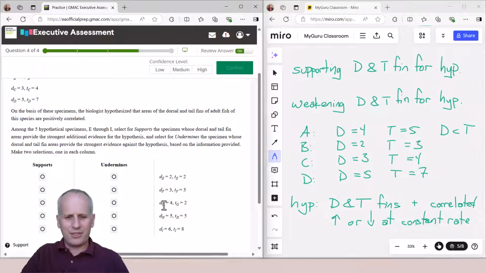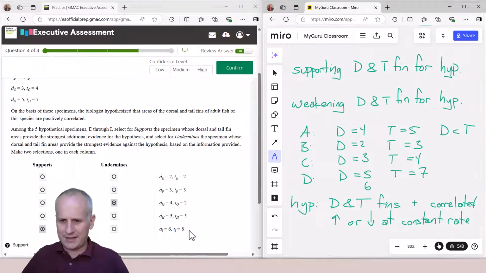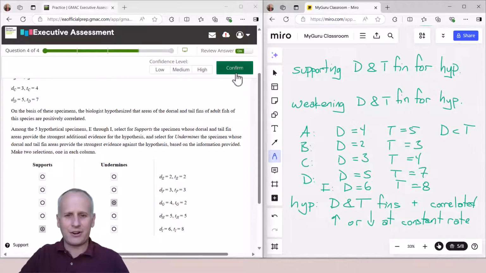When we're looking at the third option, though, we've got D is actually greater than T, and we should be able to recognize that's the opposite of what we want, so that's going to undermine. Then we've got them being equal again, which we know is not the exact goal for correlation, whereas the last option of 6 and 8 would fit in very nicely if we just kind of said for the hypothetical of I, that the dorsal fin was equal to 6 and then the tail fin was equal to 8, it would continue the relationship almost exactly from what had come before, and indeed is our correct answer,